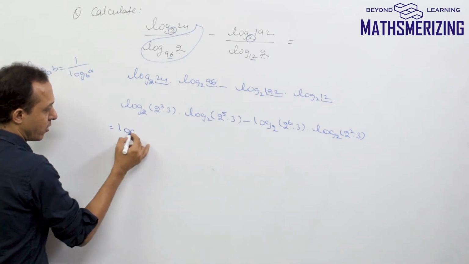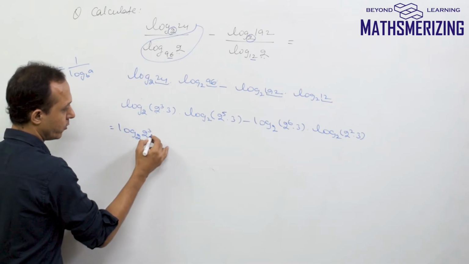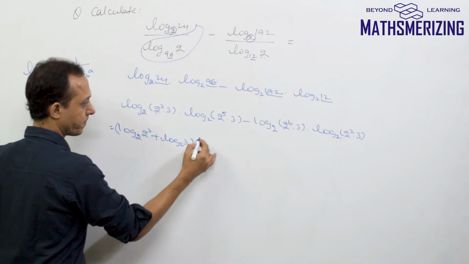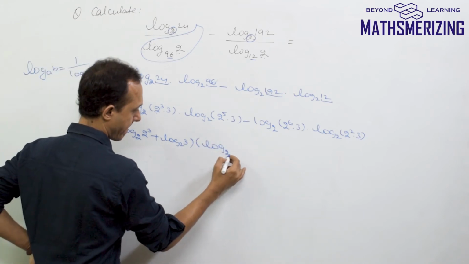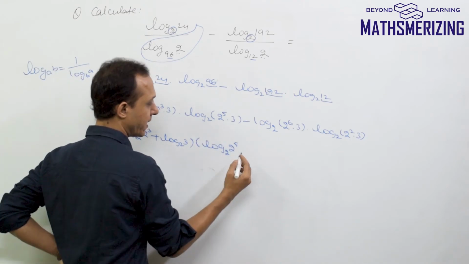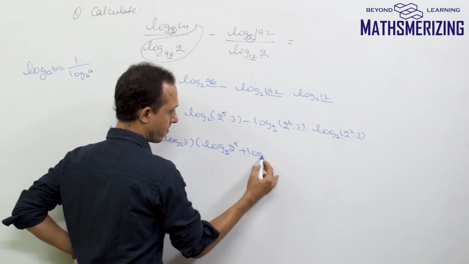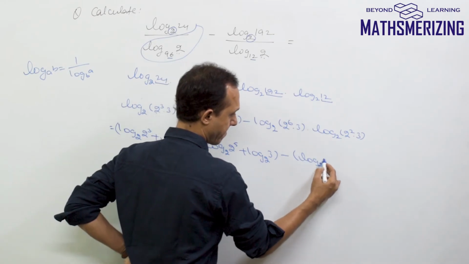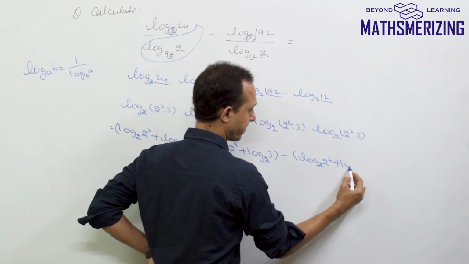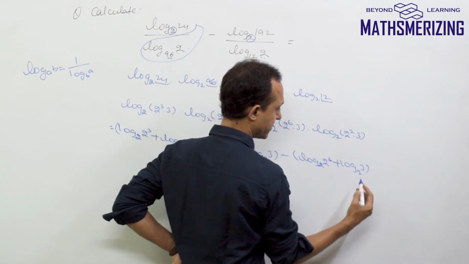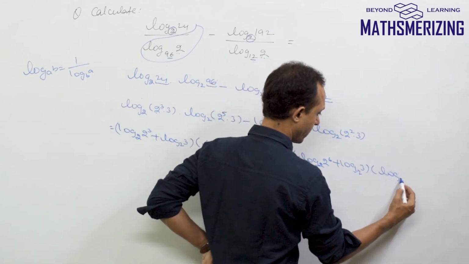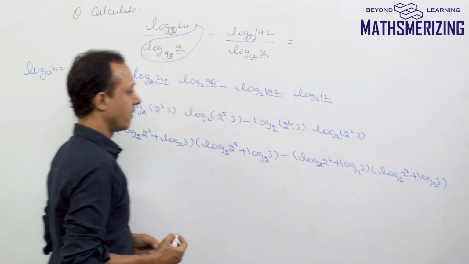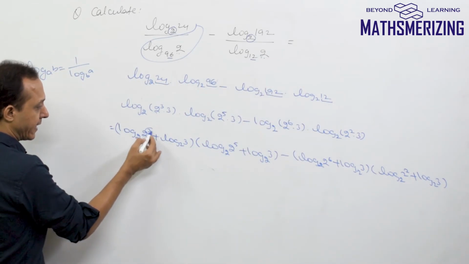So I can write it as log 2 cube base 2 plus log 3 base 2, log 2 to the power 5 base 2 plus log 3 base 2, log 2 to the power 6 base 2 plus log 3 base 2, and log 2 square base 2 plus log 3 base 2. Now here I can take these powers out,